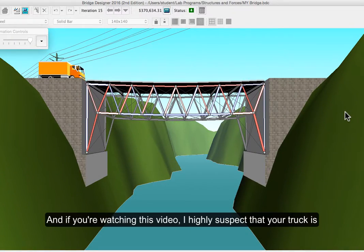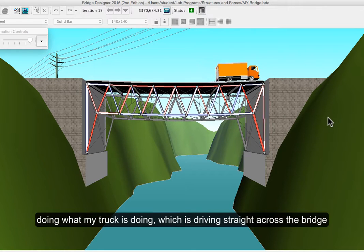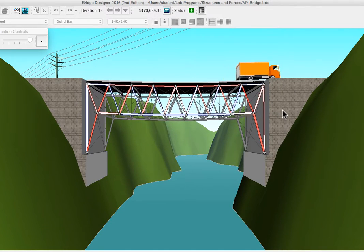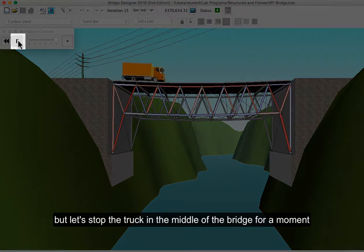Welcome. And if you're watching this video, I highly suspect that your truck is doing what my truck is doing, which is driving straight across the bridge that we designed ourselves. Congratulations. Now, that's all fine and dandy, but let's stop the truck in the middle of the bridge for a